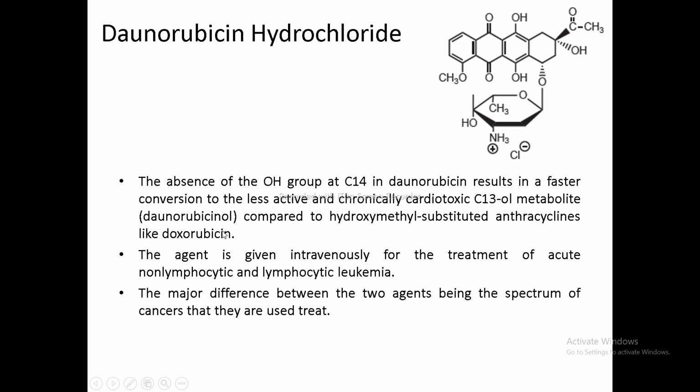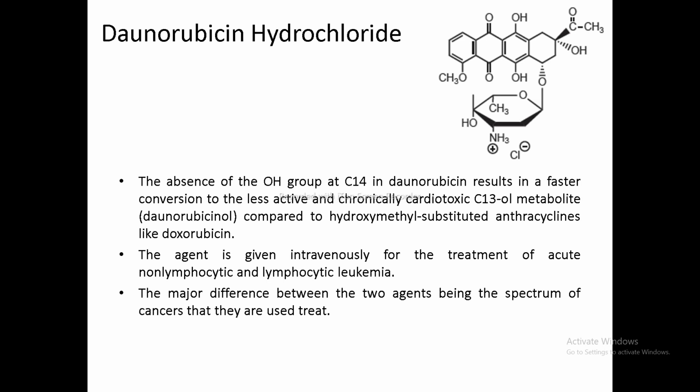So what we discussed in the earlier slide, that the previous drug inhibits the enzyme aldoketo-reductase, and thereby slows down the conversion to its less active metabolite. But because of the absence of this hydroxy group, the daunorubicin drug quickly gets converted into the less active metabolite, that is daunorubicinol. Now, this agent is given by the intravenous route for the treatment of acute non-lymphocytic and lymphocytic leukemia. The major difference between these two agents being the spectrum of cancer that they are used